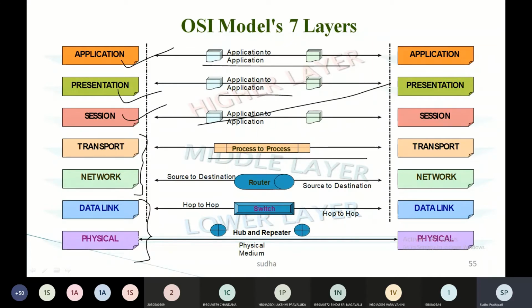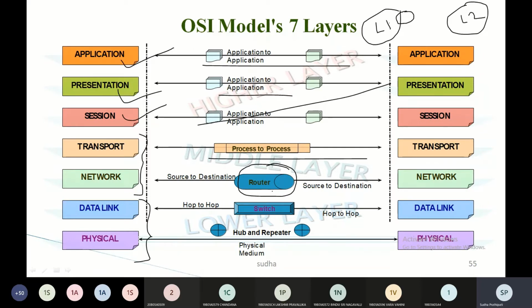Here in the transport layer, it is a process to process communication. And then in the network layer, you can find the routers. Routers, as I already told you, are used to connect between the LANs. So you have a LAN and a LAN, which are connected in the internet, and to send and receive the data from LAN 1 to LAN 2, for example, you need a router, because as I told you, routers are more intelligent devices which can actually process the IP addresses. So the network layer is used for that.